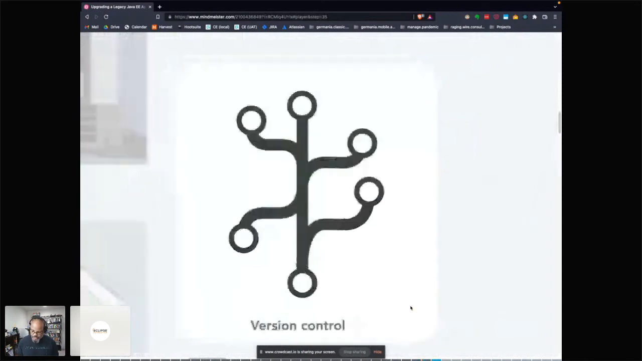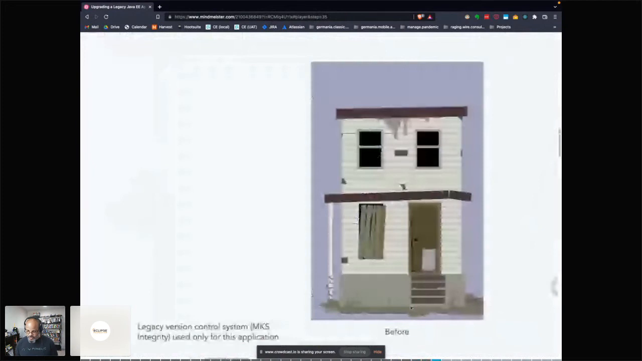So before, they had a legacy version control system called MKS Integrity. It was used only for this application. All their current stuff was in Subversion, and all of the code for the cloud effort was moving to Git. So from our perspective, we said, well, hey, I know you have your stuff in MKS,